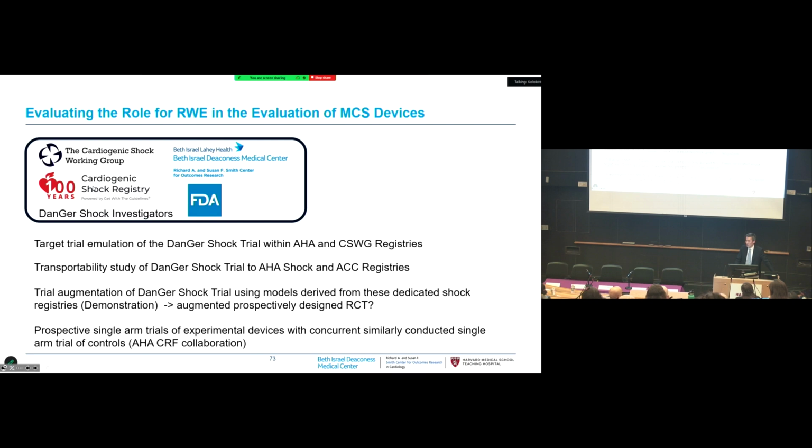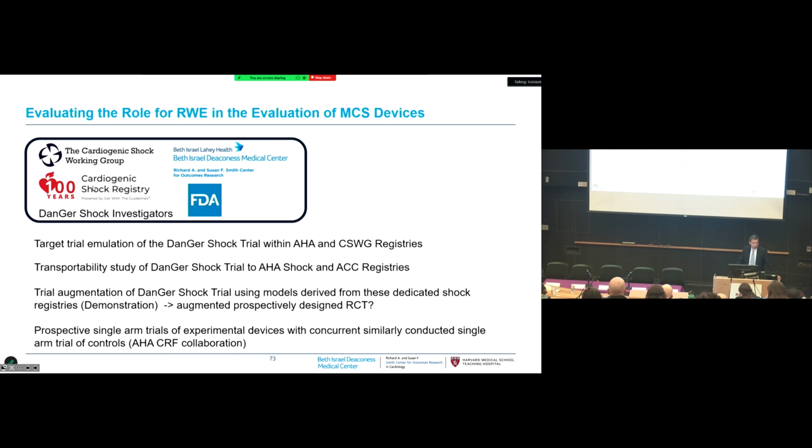These registries weren't around. Certainly they weren't as well developed when we talked about this 3 years ago. Now they are. So maybe they have all of that crazy list of things that I showed you that make me choose a device versus not a device? Maybe the registries have that because they really do have rich data. We want to do a transportability analysis of the DANGER shock trial. Christina Lalani is leading our analysis in conjunction with the DANGER shock investigators to transport the DANGER shock trial to a national US population.